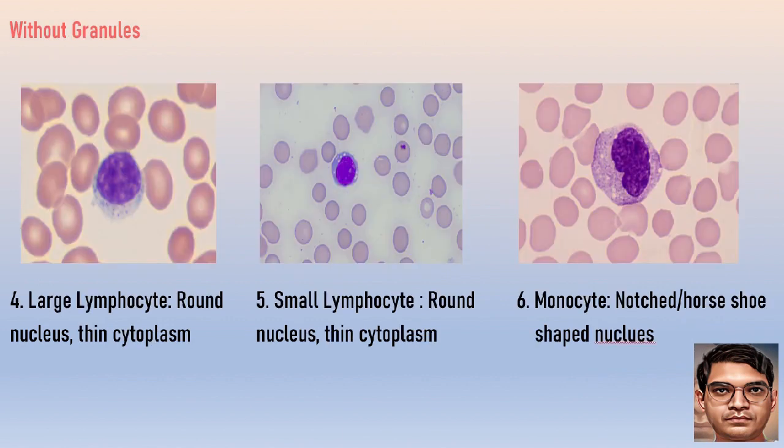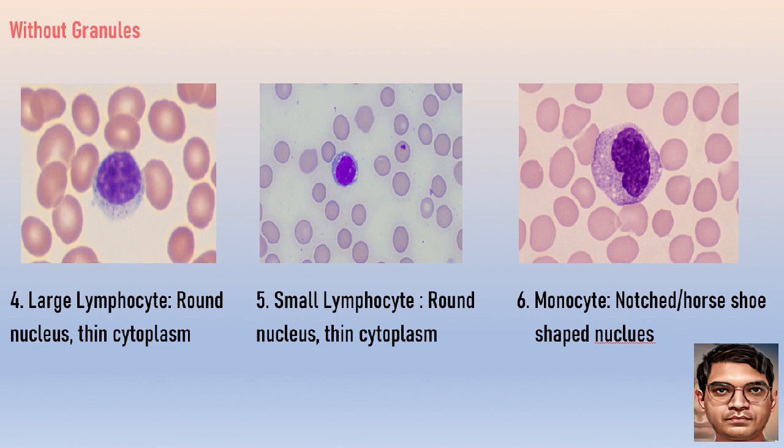granules. The identification point for large lymphocyte is that it has a round nucleus occupying the whole cell with thin cytoplasm. The identification point for small lymphocyte is that it also has a round nucleus occupying the whole cell with a thin rim of cytoplasm. The identification point for monocyte is that it has a notched or horseshoe shaped nucleus and the size is the largest among all